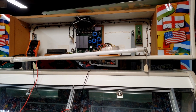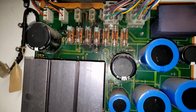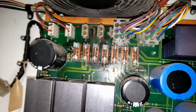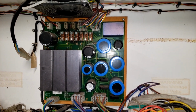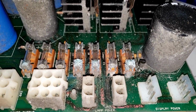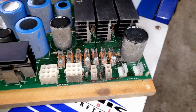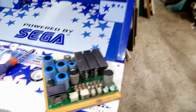We have problems. As you can see, there's a lot of blackened board there from heat damage, there's a lot of corrosion from moisture damage, there's just a lot of damage to that PCB. We're gonna have to pull that out and take a closer look at it. Unfortunately, pulling the board out doesn't make it look any better. It looks like there may have been some moisture being blown in by the fan directly above this board,